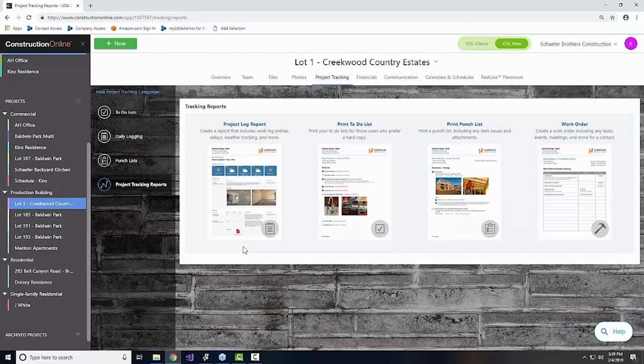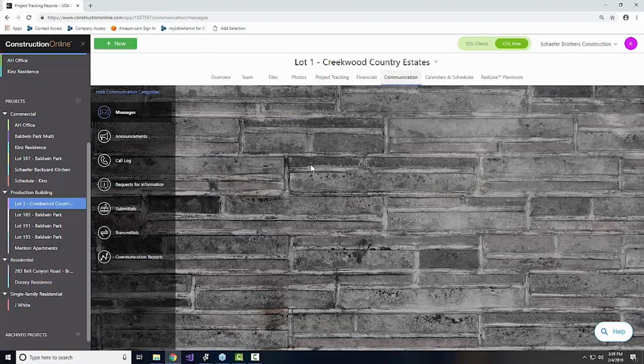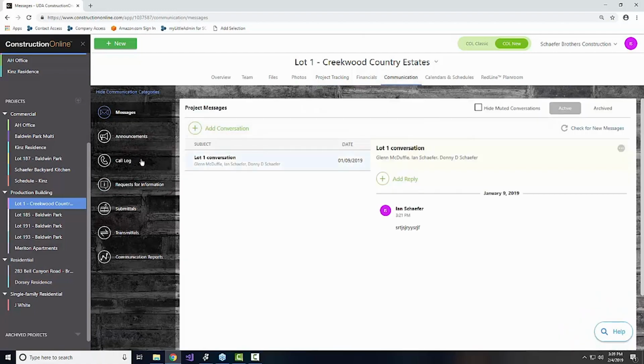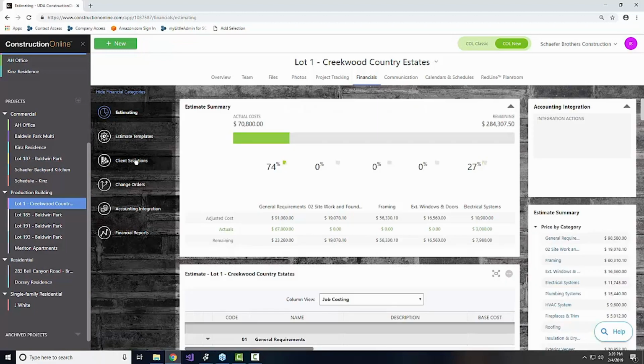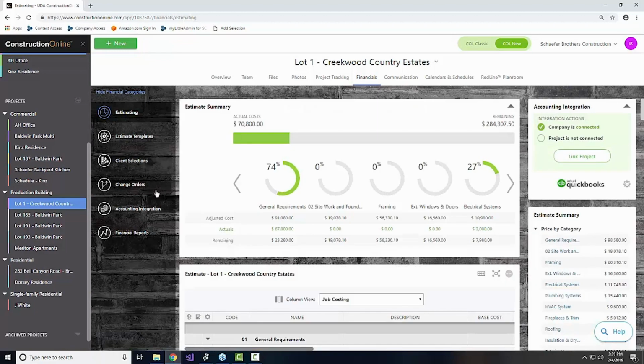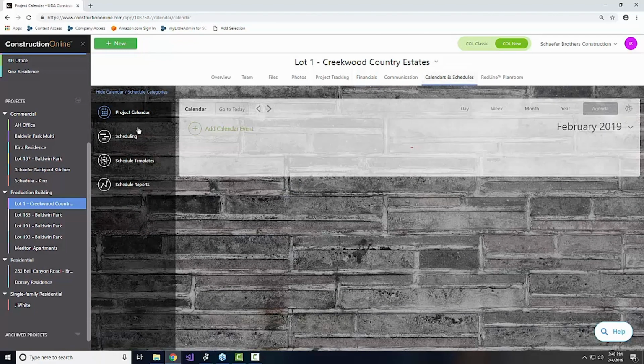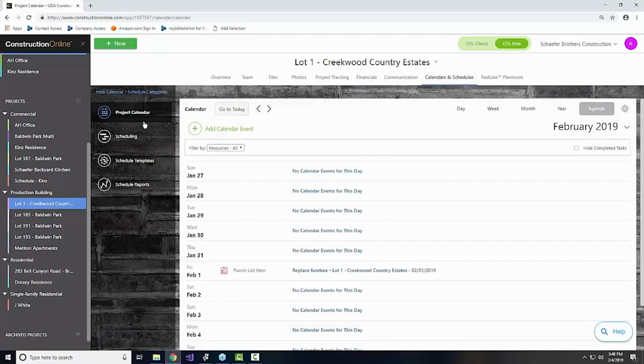Now, at this point too, this attachments function or feature is available across all of the major features within Construction Online. So as we're looking at project tracking, to-dos, daily logs, and punch lists, they all use attachments. Under communication, areas like announcements or RFIs, submittals, they all have the ability to add attachments. Of course, in financials, we've got client selections. You need pictures here. You'll have change orders, again, same thing. Under calendars and schedules, a lot of these areas have an option to include some of those as well, although generally I